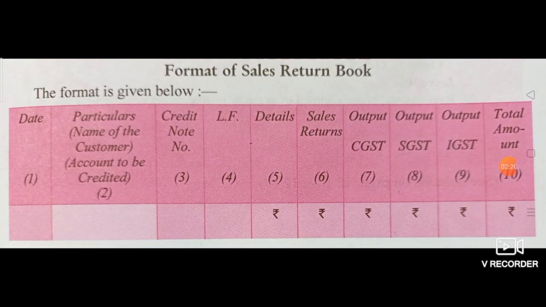Only instead of invoice number there is credit note number. Date, particulars, here we will record name of the customer, credit note number, LF, details for calculation, sales returns original amount, output CGST, output SGST, output IGST in case of transactions between two different states, and total amount. Okay,